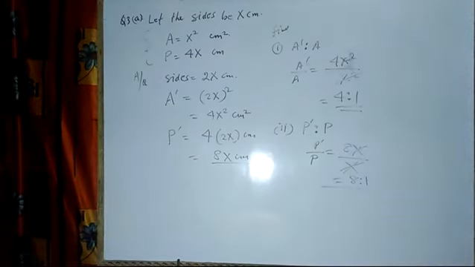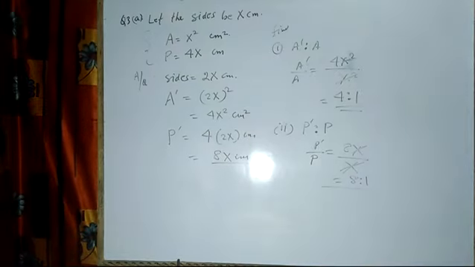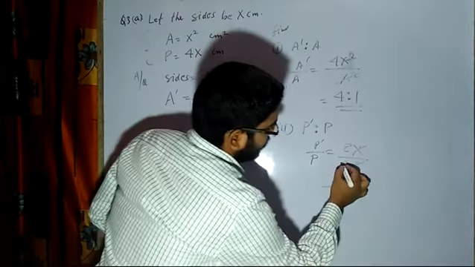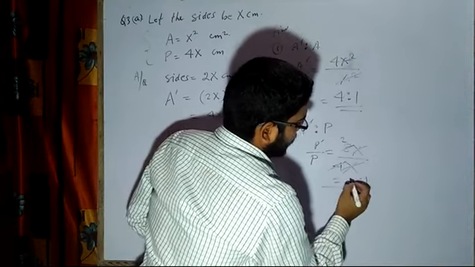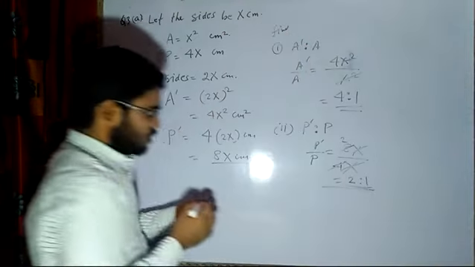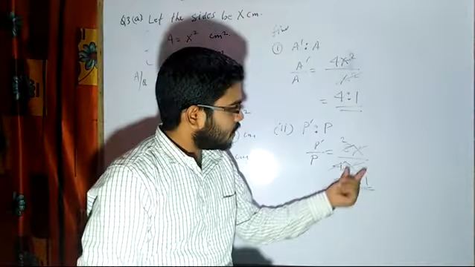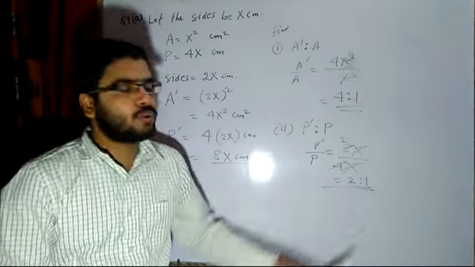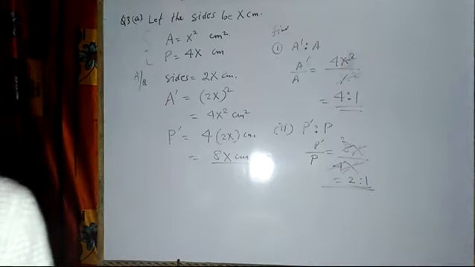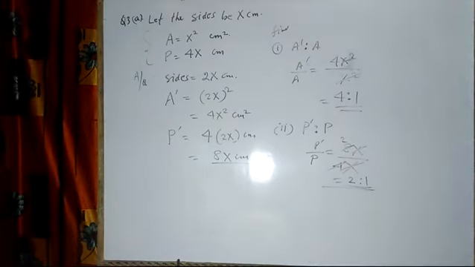So I hope with this you all will be able to solve the remaining sums. In case of perimeter, my dear students, I made a mistake. 4 1s are 4, 4 2s are 8, so the ratio will be 2:1. That is why I was just looking at that value, how it can become 8 times. So it will become 2:1. So the perimeter increases by 2 times, area becomes 4 times the original one.